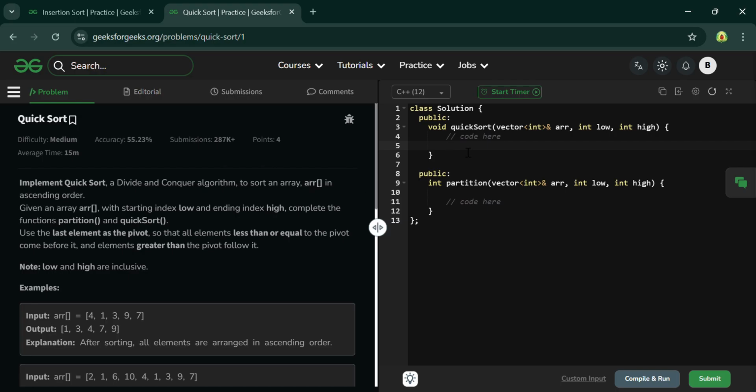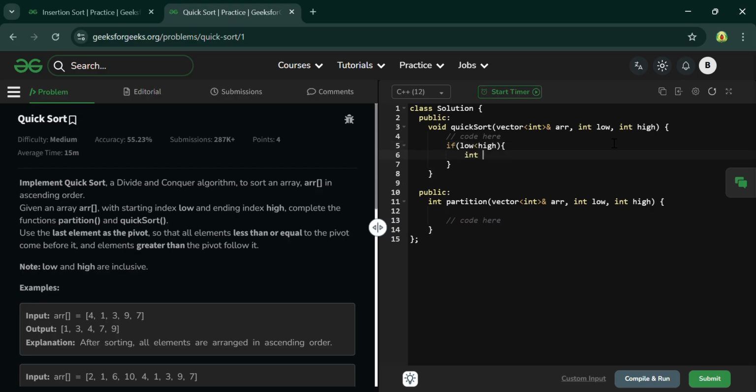So first, there is given a low and high. Low means the initial position and high is the n minus 1th position. So I just have to do: if low is less than high, then you just have to find the pivot element, which is partition, of course partition, and you just have to pass the value of,